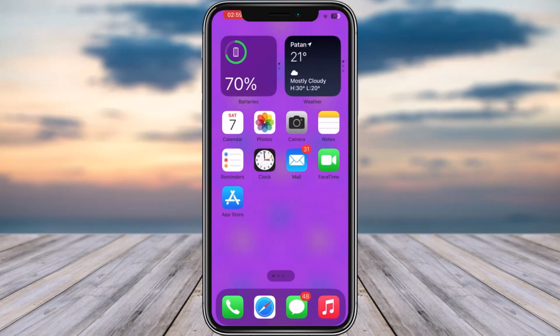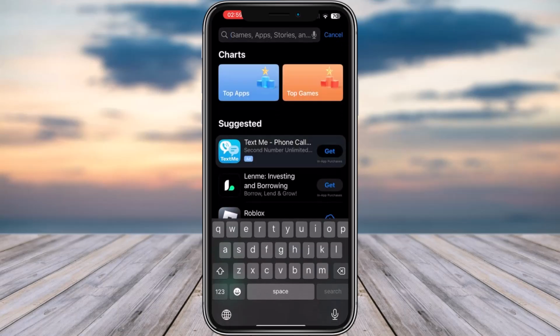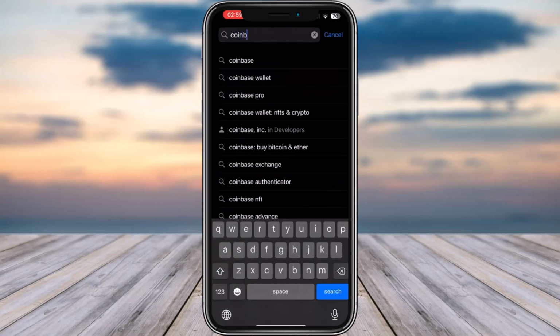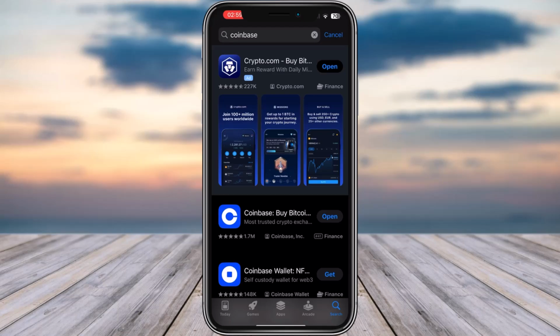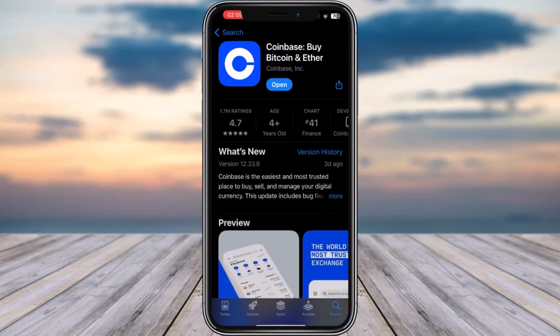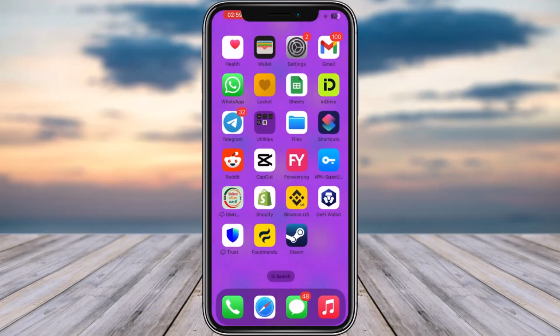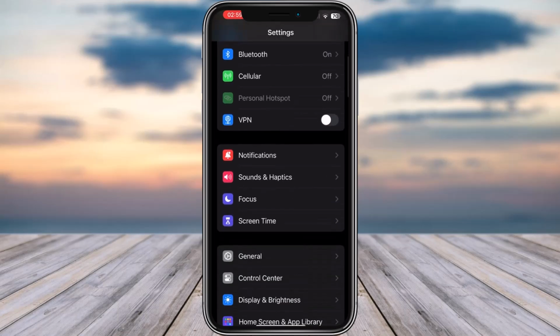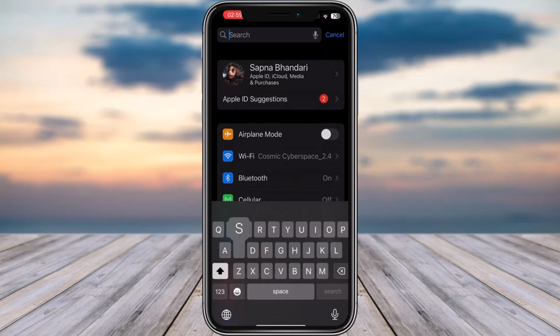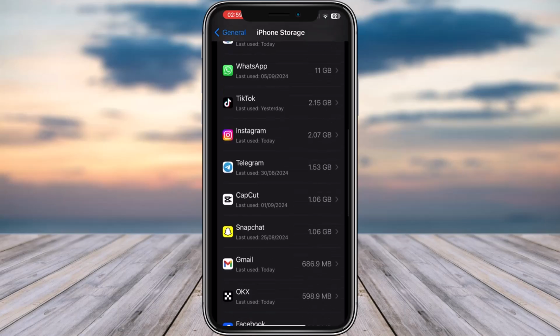you're gonna go to your app store, type in Coinbase and check if it's updated or not, because if it's not, then that kind of problem can occur. And if it shows update right away, tap on it and update it, then that problem is most likely to be solved. Then tap on settings and simply go to the storage, go to the iPhone storage and search for